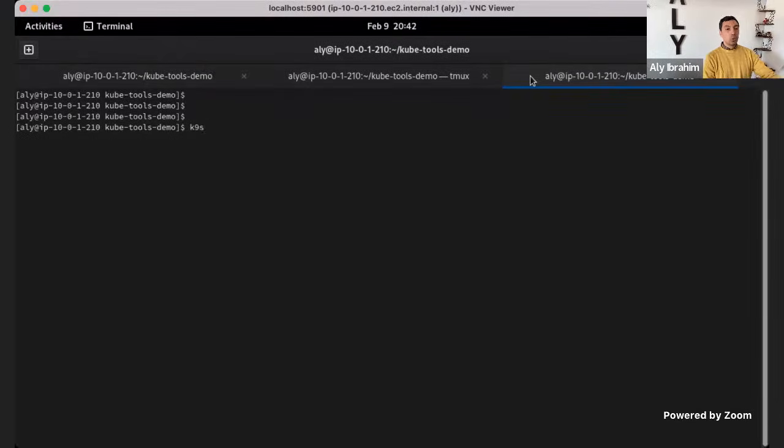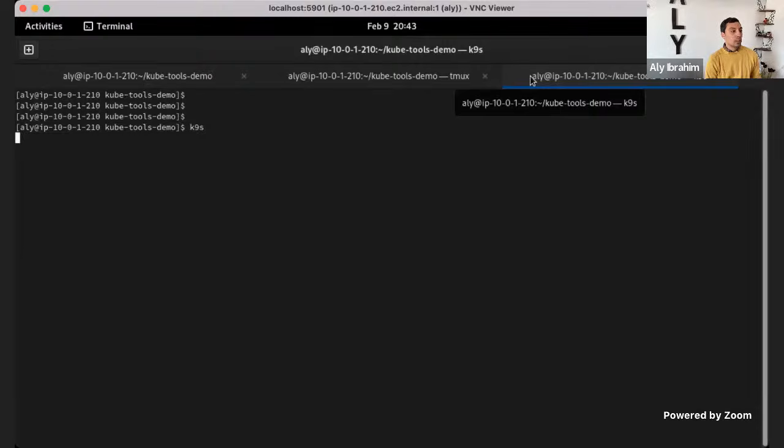K9S. Now we're moving to more complex tools. Instead of just one tool that's doing one thing, we will be looking at tools that consolidate multiple things in one category. And I'll start with K9S. I'll move to the more modern way of doing it, but still, I like K9S. It's a complete way of managing Kubernetes clusters on your terminal.